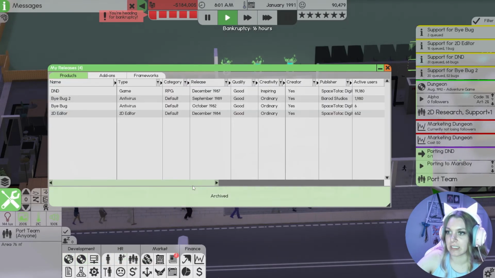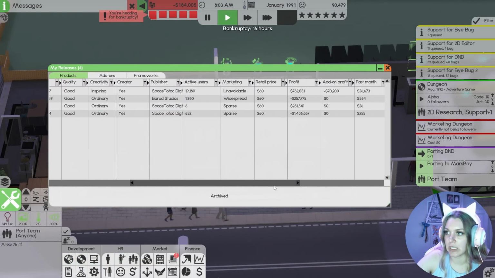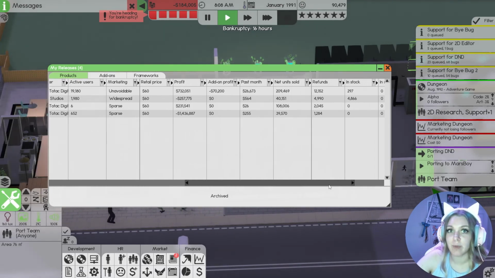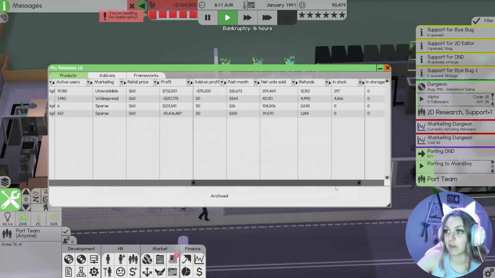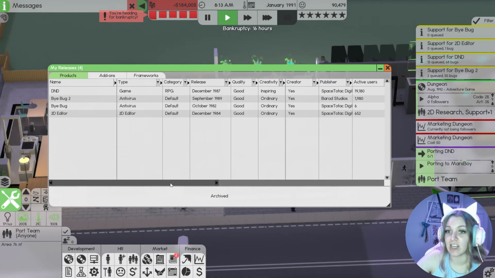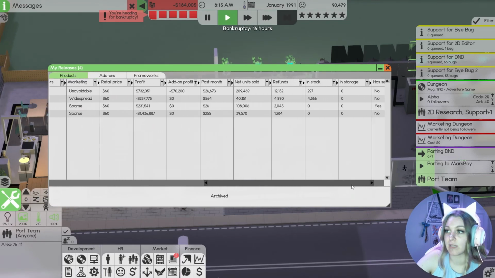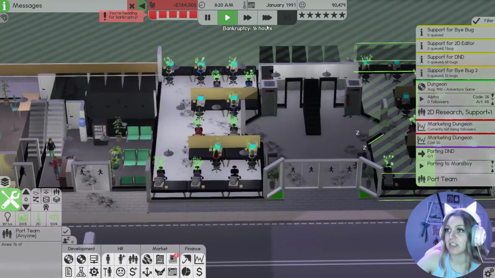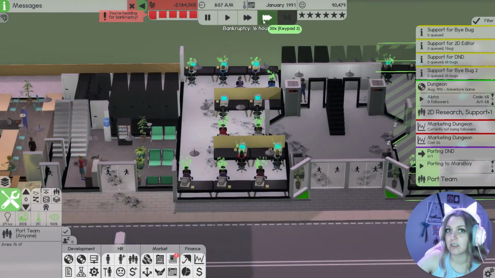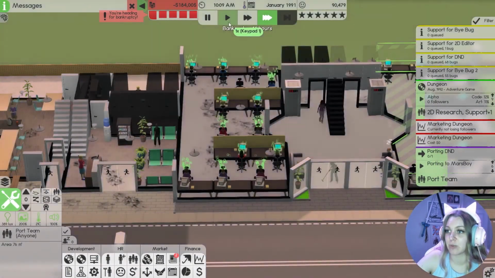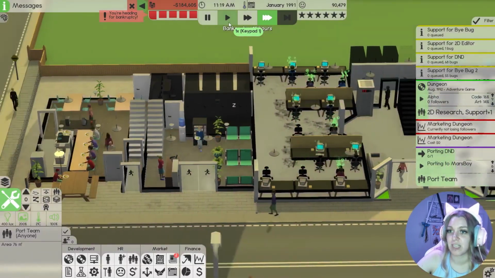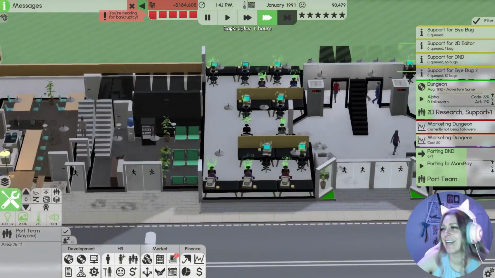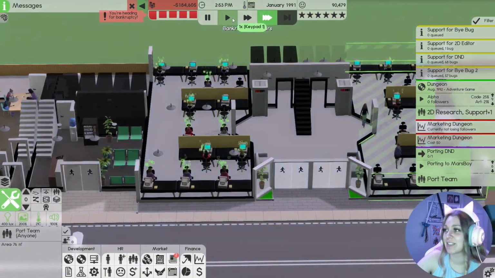See your releases. Is anybody actually still using anything? I don't know what to do, because we don't have anything ready to go. This might be the shortest Software Inc. Let's Play ever. I did not mean for it to last a week. I think I expanded way too soon. That's what I think I did. Oh no, I think I skipped too far ahead to the actual building of things. I didn't go through the baby steps of the caution. I'm so sad. Oh no, I can't believe this happened.